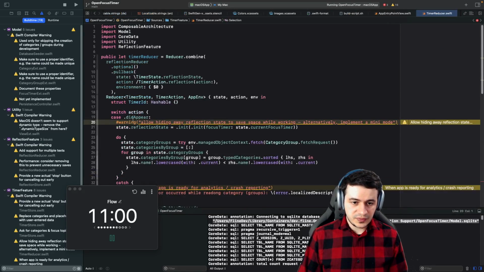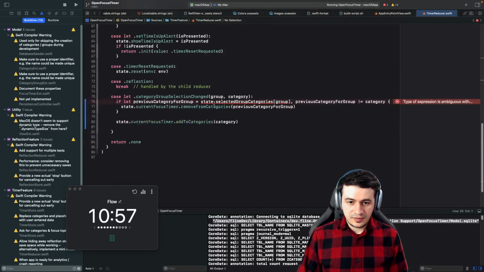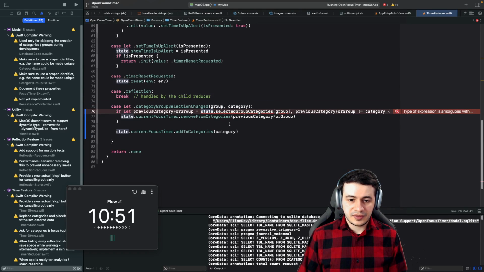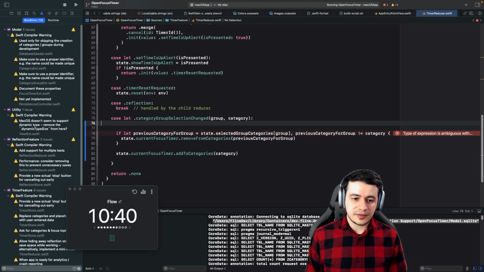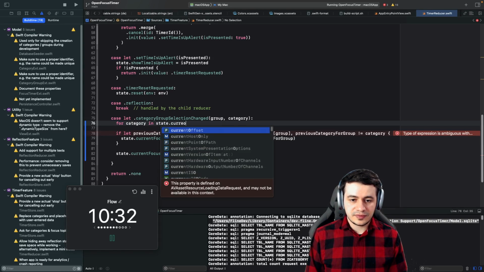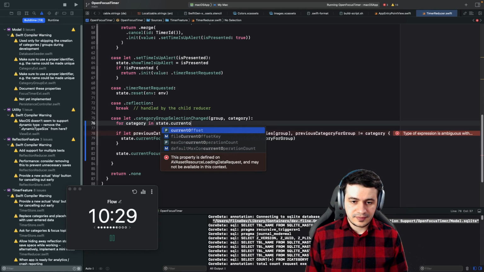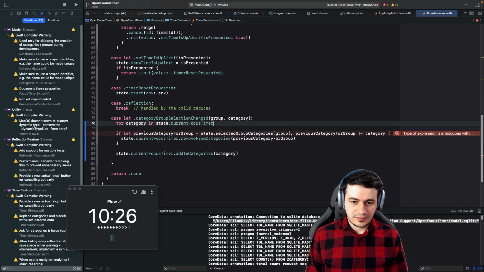So first, in the timer reducer, this is failing, of course, because we no longer have that risk group. So basically, what we want to do here is, for category in state.currentFocusTimer.categories, we just want to walk through the categories where the category group